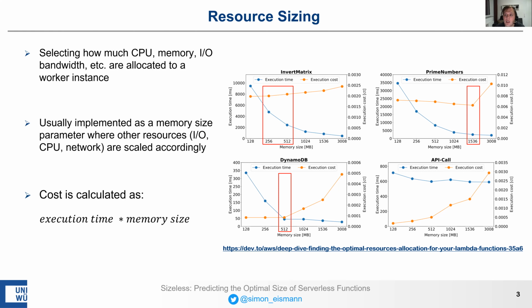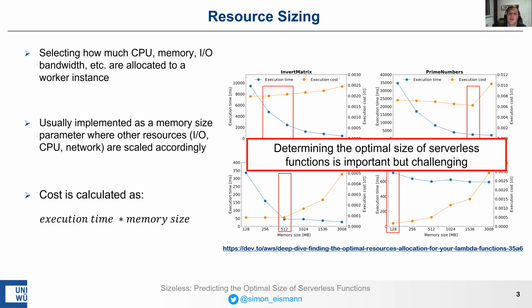And finally, for the API call, we can see that the execution time only decreases slightly when increasing the memory size. So here I would stick with the 128 megabyte configuration. So the takeaway here is that determining the optimal memory size of a serverless function is important, but